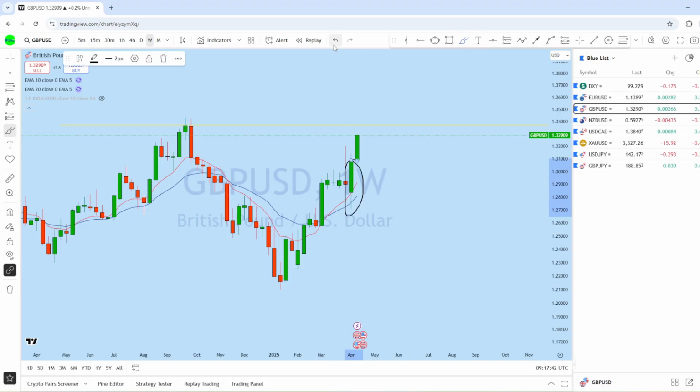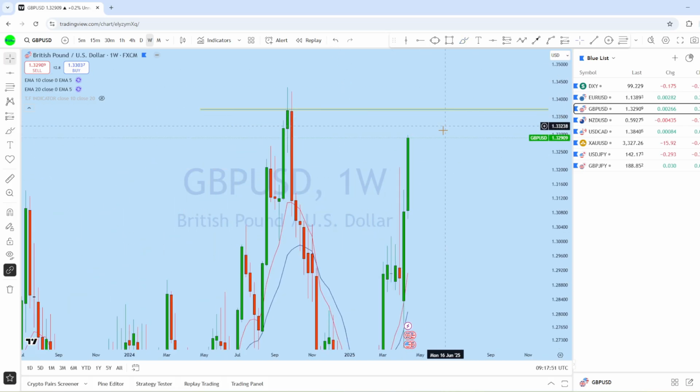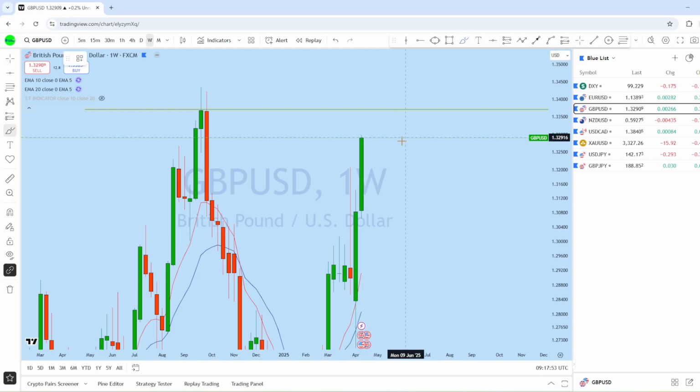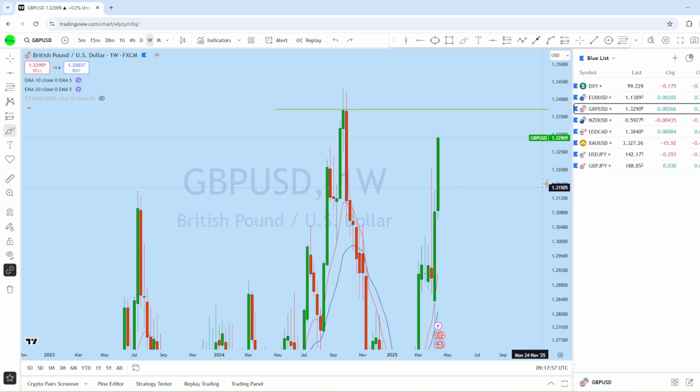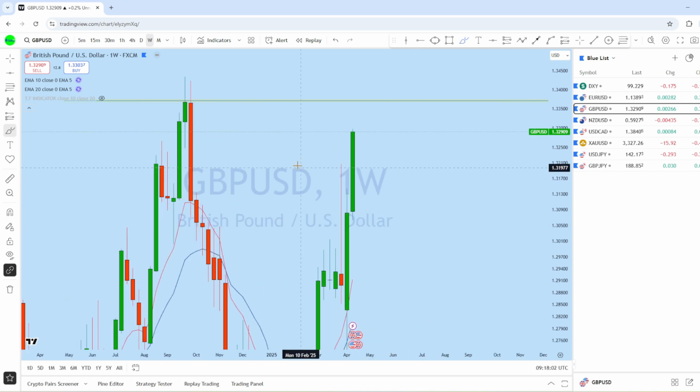Now looking at the weekly chart on GBPUSD, we can see that there is a weekly bullish engulfer, followed by a gap open with weekly bullish price action here in that area on British pound US dollar. And we could see this week either open with a gap or, after an initial pullback, the market potentially move back up again to create a new higher high in this market.